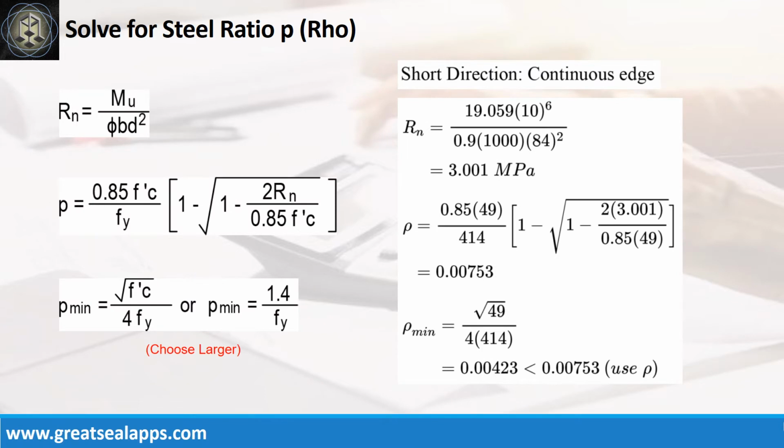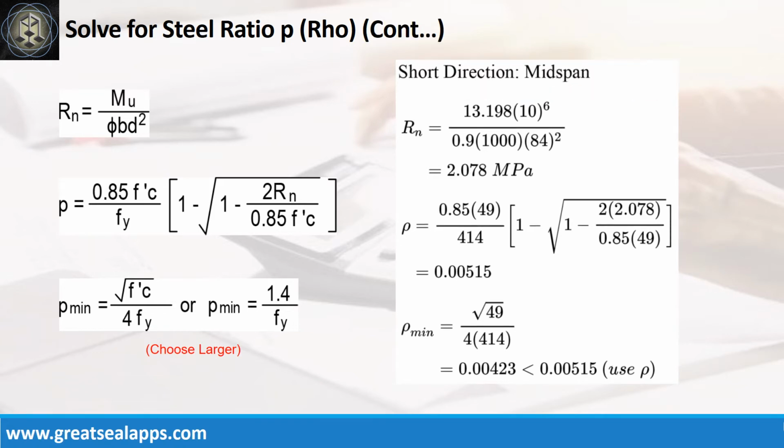Given short direction, continuous edge moment equals 19.059 kN-meter, resistance factor equals 0.9, B equals 1000 mm, and D equals 84 mm. The beam design ratio Rn equals 3 MPa, and reinforcement ratio Rho equals 0.00753. Given short direction, mid-span moment equals 13.198 kN-meter, resistance factor equals 0.9, B equals 1000 mm, and D equals 84 mm. The beam design ratio Rn equals 0.078 MPa, and reinforcement ratio Rho equals